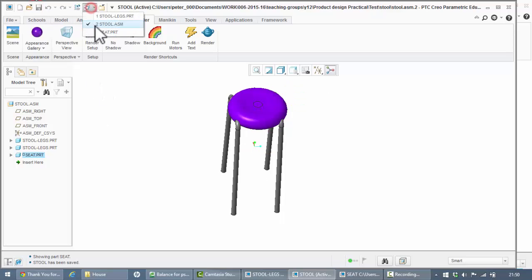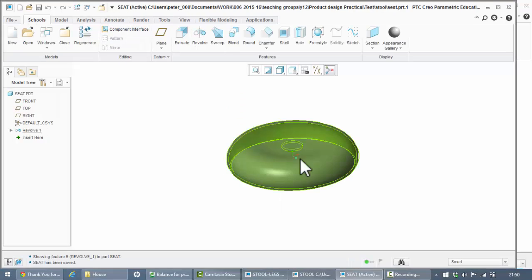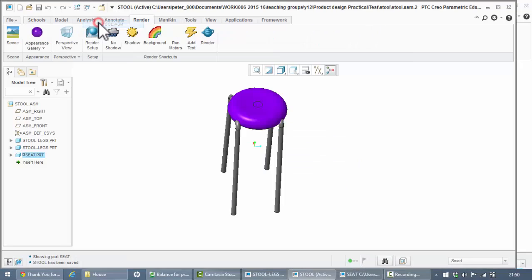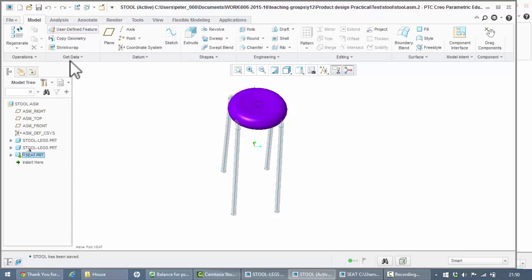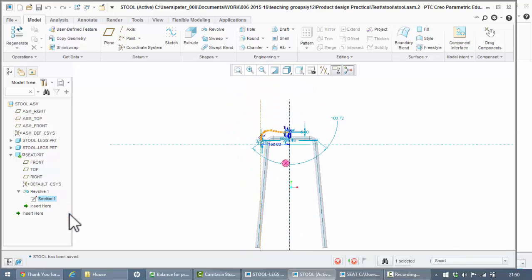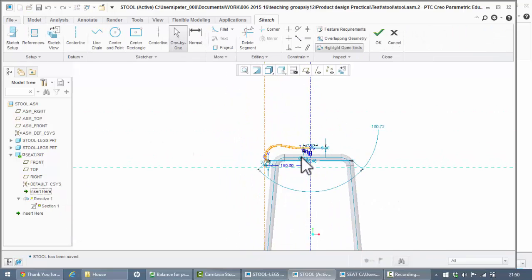I could flick back to the seat drawing. Notice that's not being coloured, but that wouldn't, it would still be guesstimating it. What I can do in here is I can right click, activate, and now I can see the relationship to the other parts in here, but I can edit the revolve, and I actually want the section in the revolve is what I want to change the definition of. And now when I look at this,